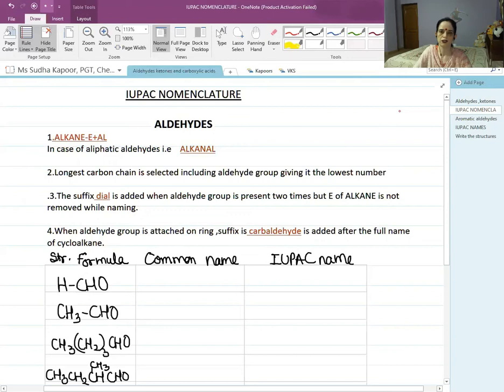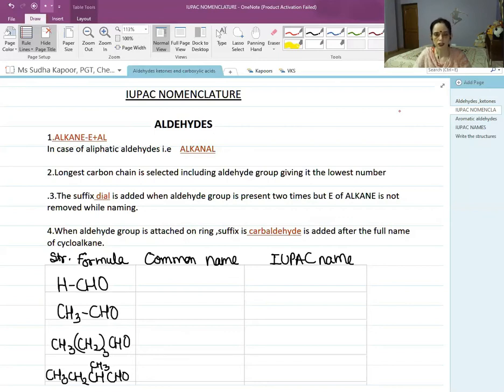But always remember, student, that if aldehyde is present as a functional group, we have to give preference to it, and the naming will start from that point where the CHO gets the lowest possible place. But another thing, if CHO is present more than one time, that is we are using dial or trial, then in that case, the name of the alkane will remain complete without the removal of E. For example, if it is propane, we are not going to remove the last E of it. We are going to write it as propane complete with E and then writing the positions of CHO, the aldehyde part, and then giving the -al name to it.